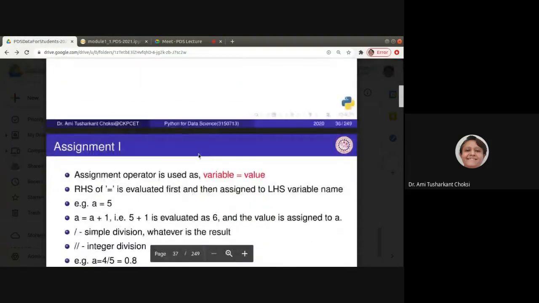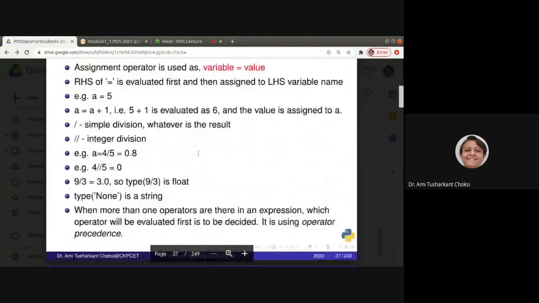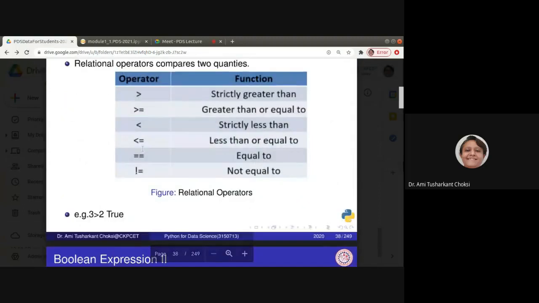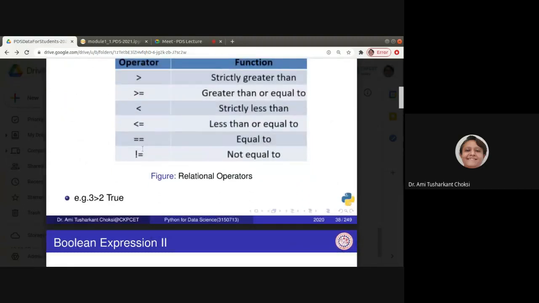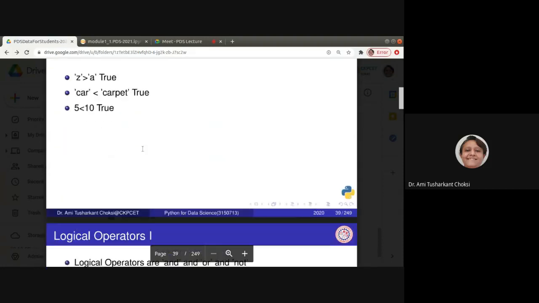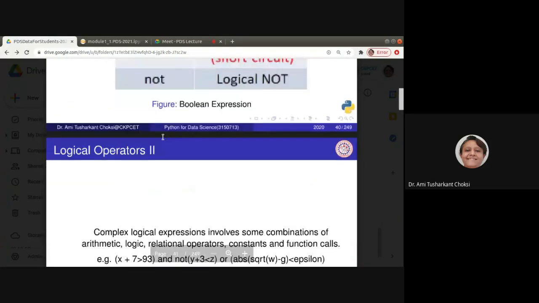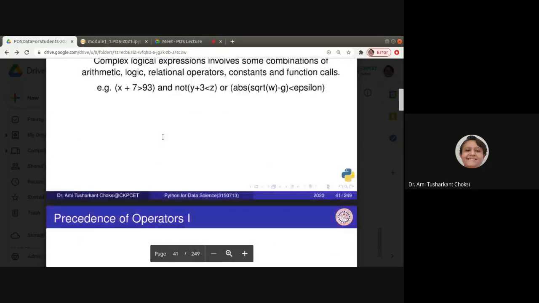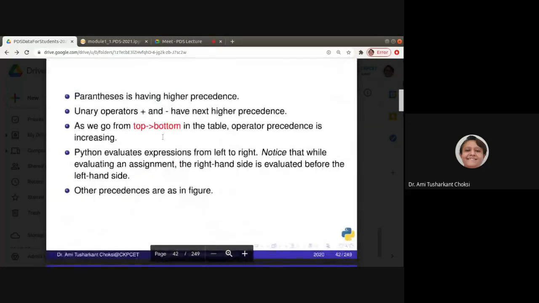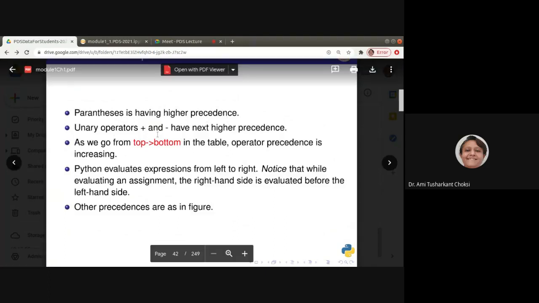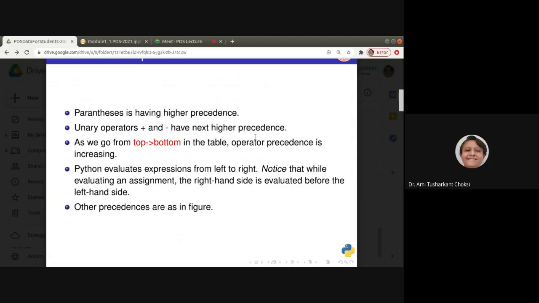The assignment operator and all the expressions we have seen, that is less than, greater than, equal, not equal, then the logical operators, and, or, not. That also we have seen with the example. Precedence of operators, yes, this is what I have shown you with one example, but let me tell you a bit more. Parenthesis has higher precedence, unary operators plus and minus have the next higher